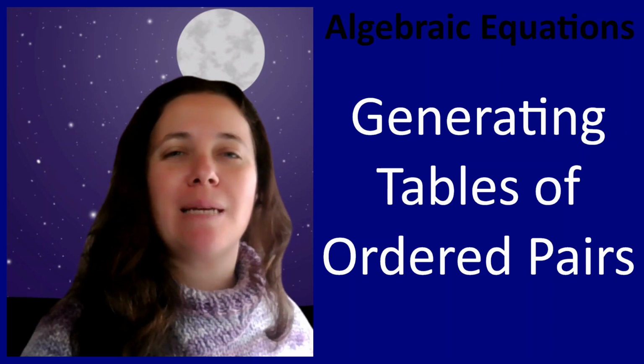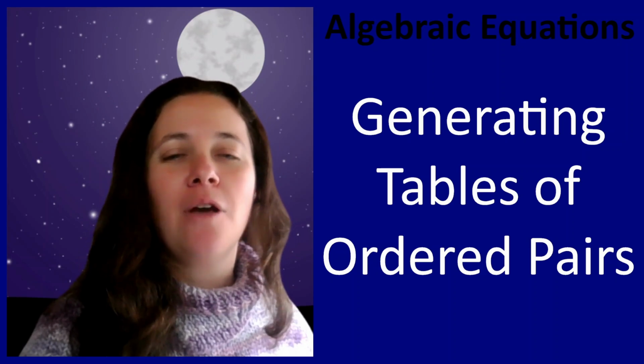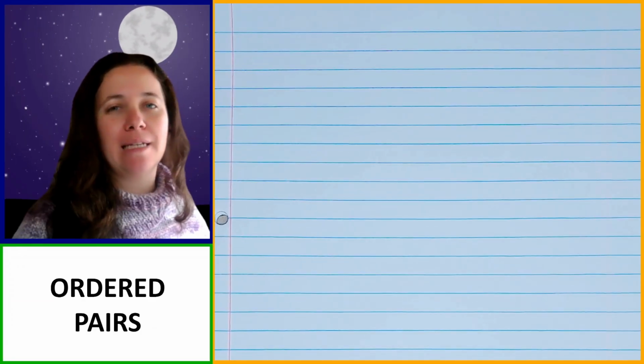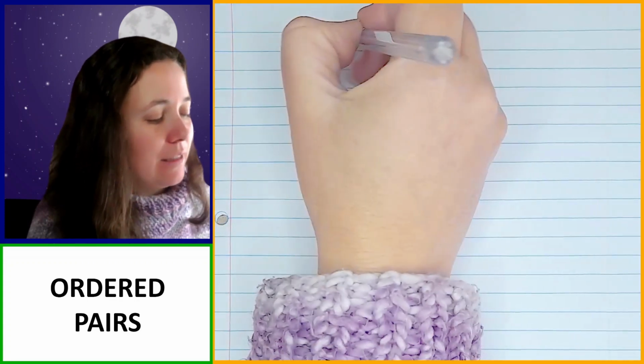Today we're going to be learning about substituting into algebraic equations to generate tables of ordered pairs. First, let's quickly talk about what ordered pairs are. An ordered pair is a pair of values that's written in brackets like this